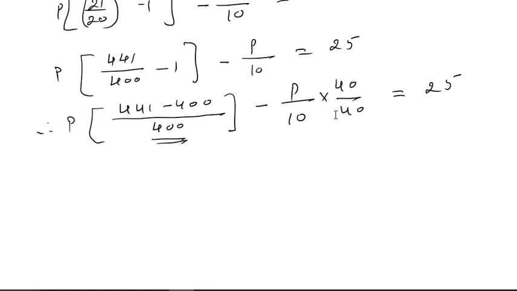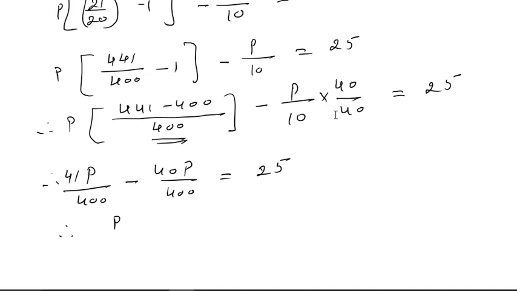So this is P. Now 441 minus 400 is 41. So this is 41P upon 400 minus 40P upon 400, and here the result is 25. Therefore 41 minus 40 is 1. So P upon 400 is equal to 25. Therefore P is equal to